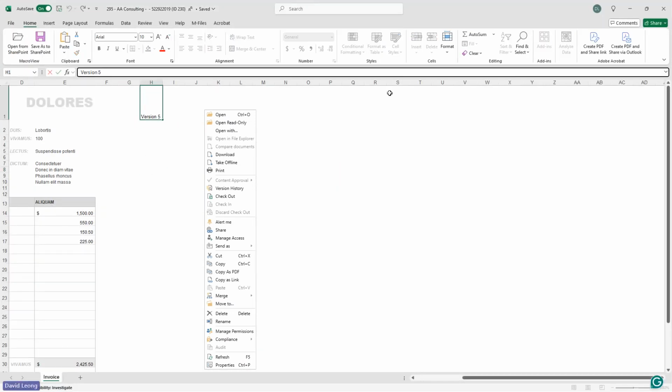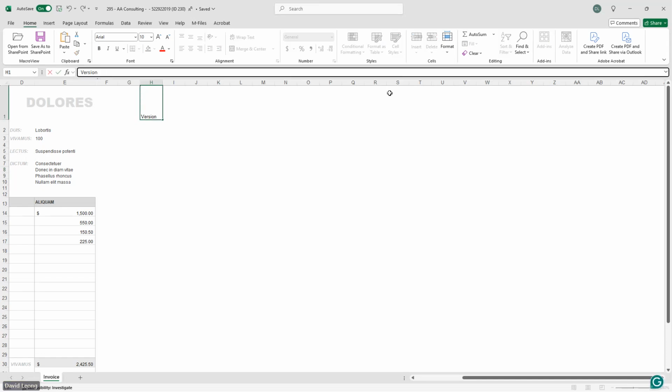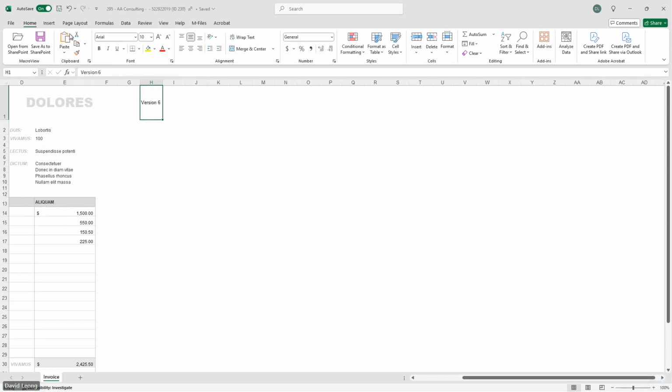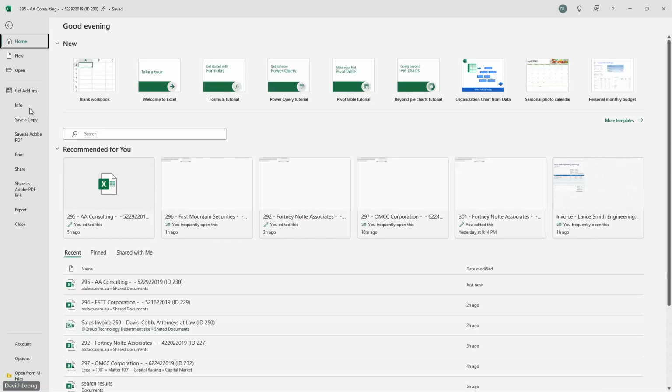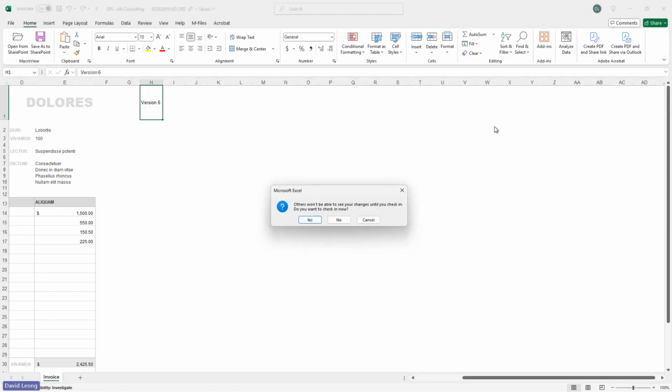I can make an edit to that. Let's call it version 6. Save that. Close that, and it will ask me to check that document back in, because when I open that document from the Document Management System Explorer, that automatically locked the document.